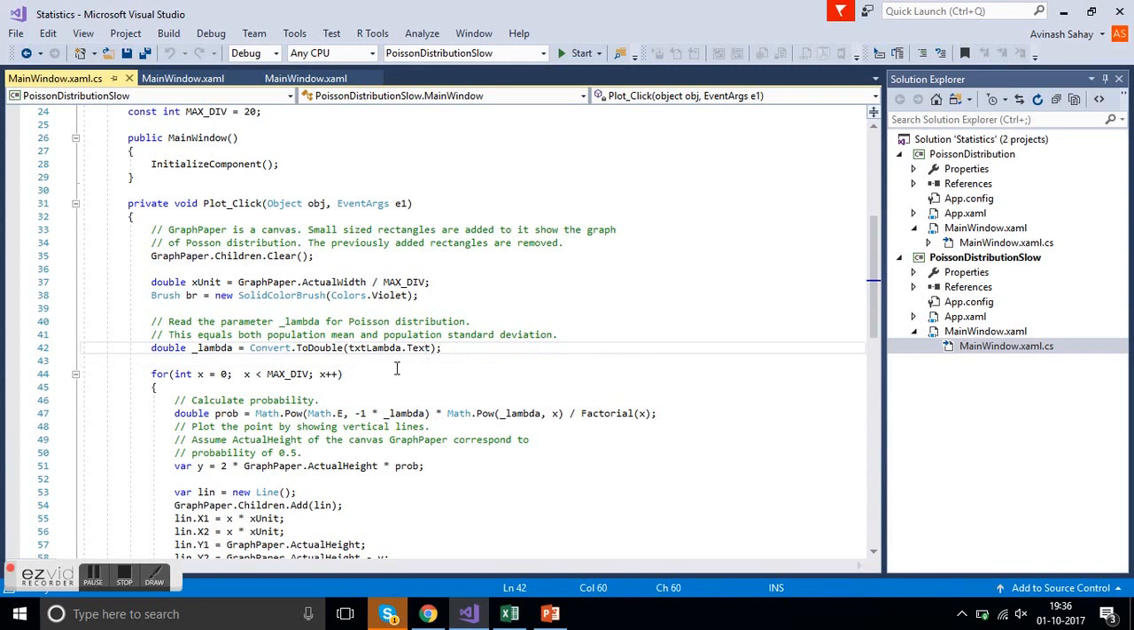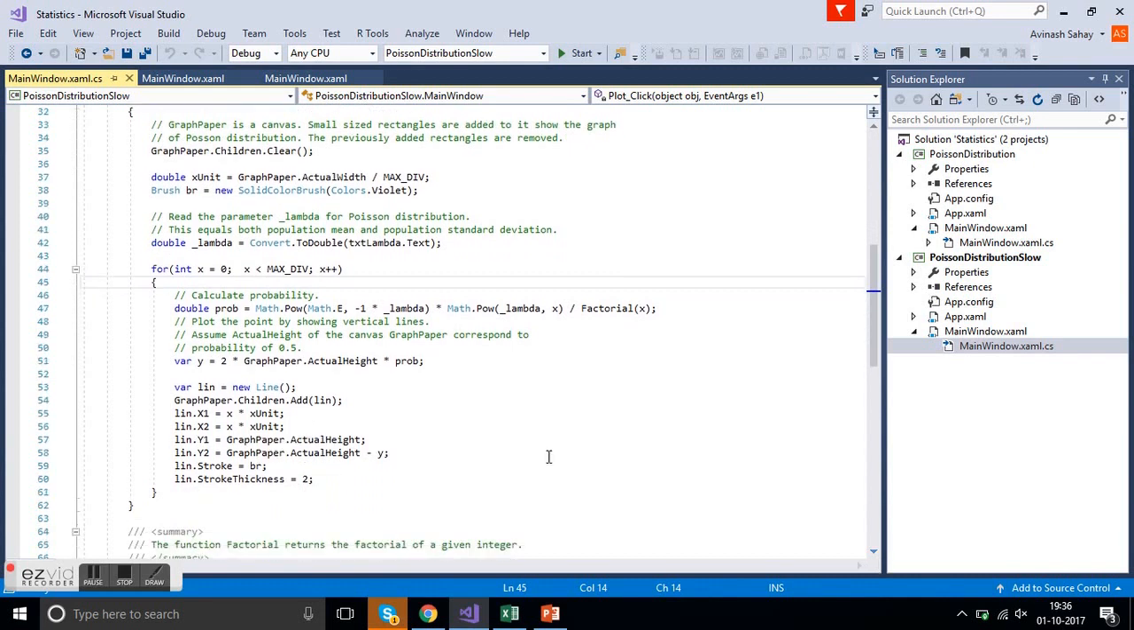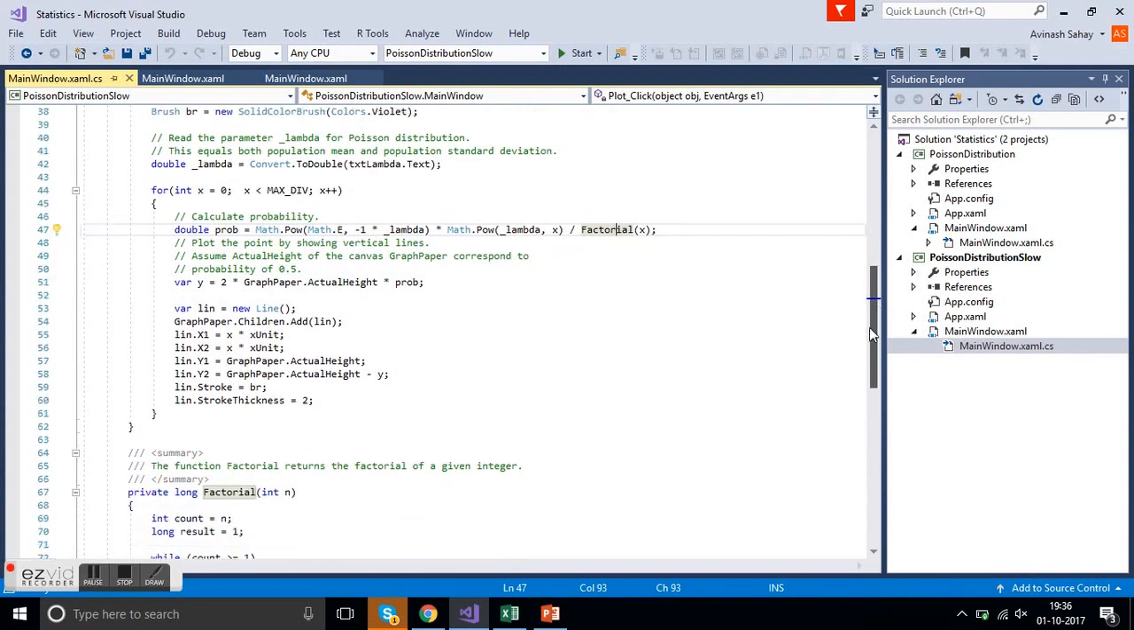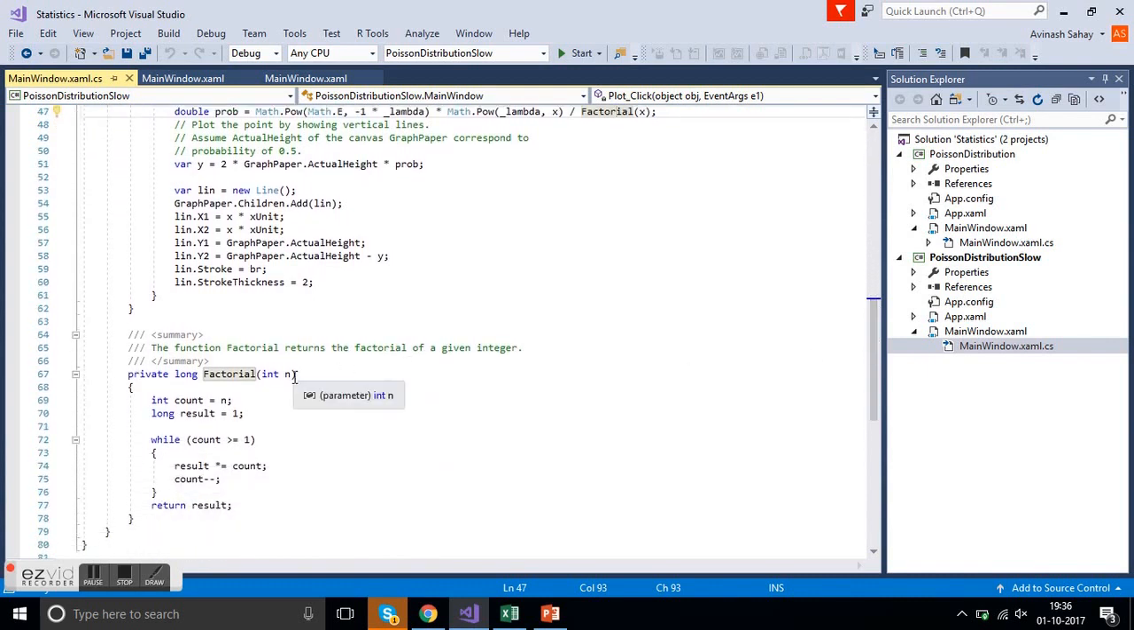Okay, this is for deciding the scale on the x axis. This is the lambda. I am taking the value of lambda from the text box. Now in a for loop, from x equal to 0 to x less than max division, I am calculating the value of probability using the same formula which I explained: e to the power minus lambda into lambda to the power x divided by factorial of x. This is a function